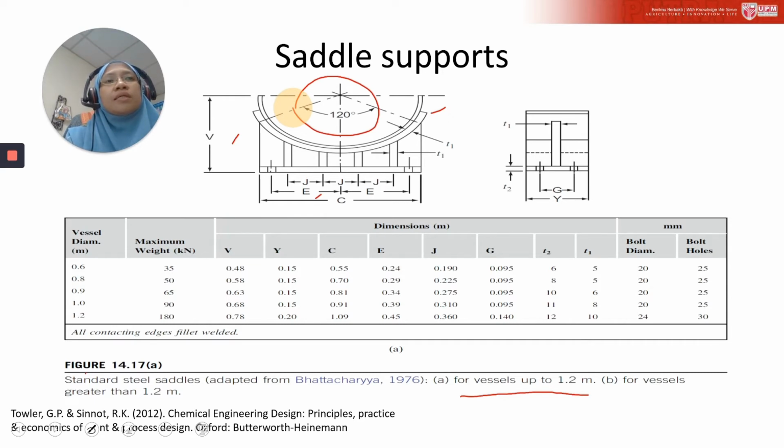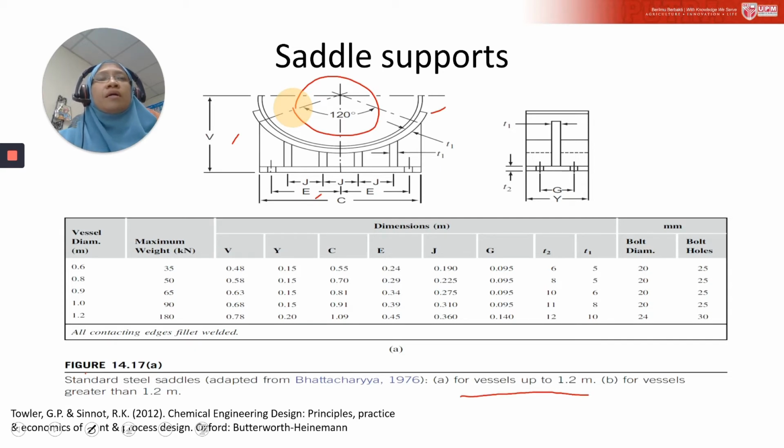Between the saddle supports and the center of the vessel. Okay. So normally, to take up any thermal expansion of the vessel, for example, let's say your vessel acts as a heat exchanger, the anchor bolt holes in one saddle can be slotted, so it allows for expansion. All right,